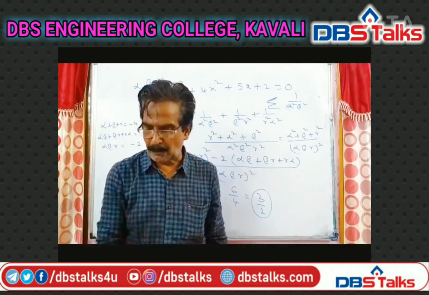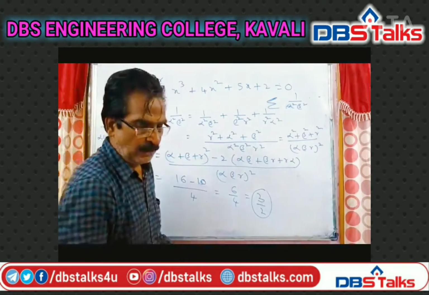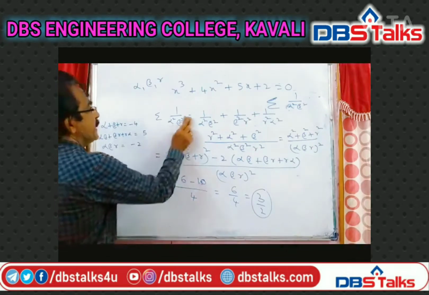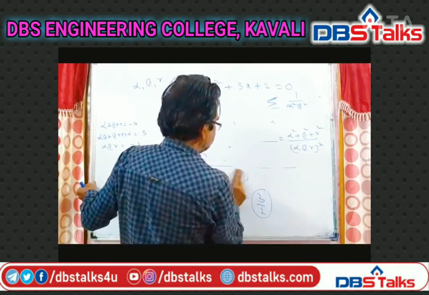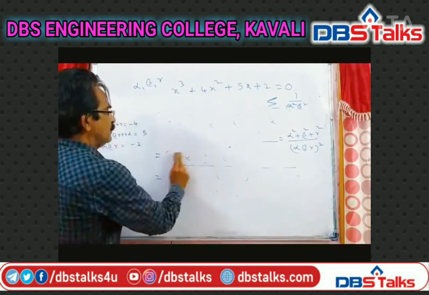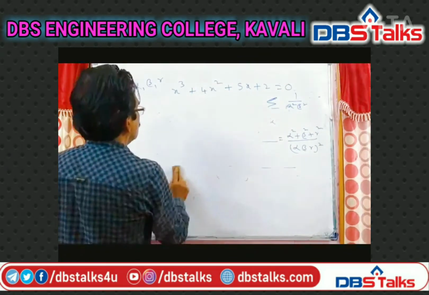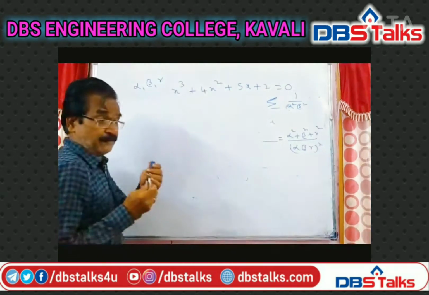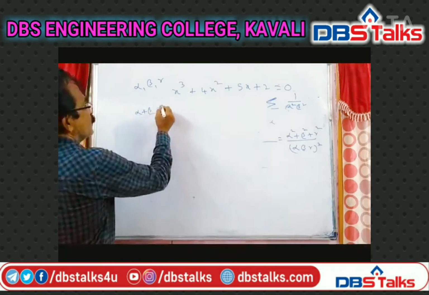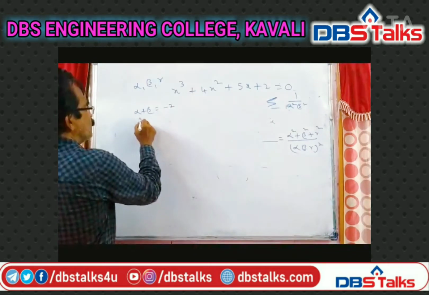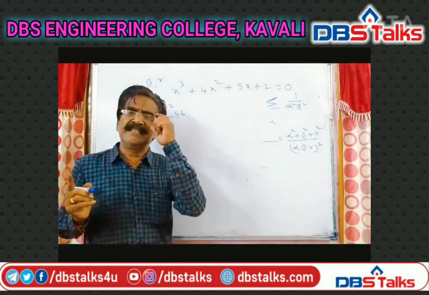Okay friends, we shall do some more problems in tomorrow's video. Friends, I tell you one thing, in yesterday's video I made a small mistake. You might have observed it. Yesterday we did a problem in quadratic equations where alpha plus beta is equal to minus 2 and alpha cube plus beta cube is equal to minus 56. It was the last but one problem in yesterday's video.